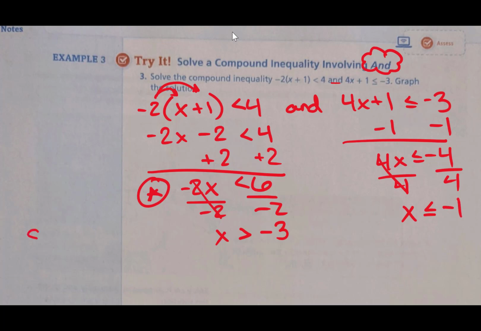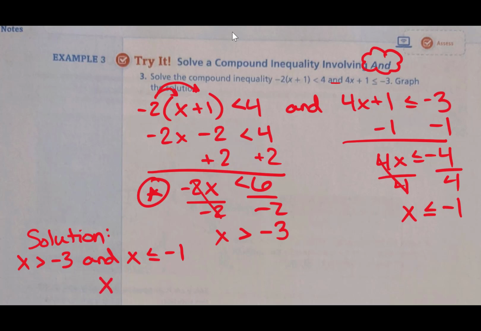So our final solution, and I'm going to show you two ways you can write this. You could write x is greater than negative 3 and x is less than or equal to negative 1, but we don't write it that much very often. It's true, that's not a wrong answer, but if you're working online with any math curriculum or in Math Excel or Delta Math, or on multiple choice problems, whenever you have an and, the way you're going to